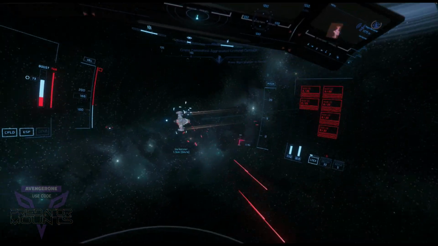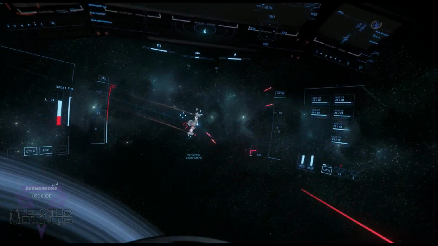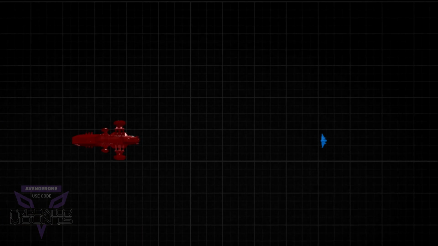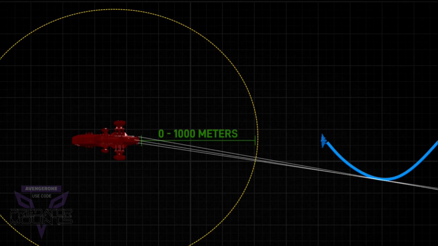right? And we can discuss whether or not this is something that is healthy for the game, but we'll just explain what the current situation is. Okay, so what I want people to understand is what's going on with the turrets in this situation. And basically, to dumb it down real simple, unless I close to within 1,000 meters or less,